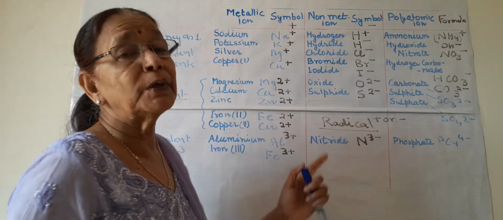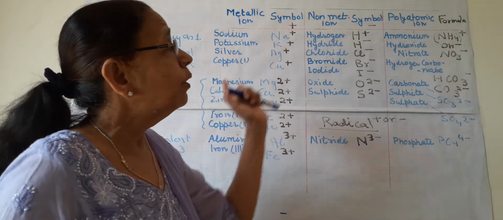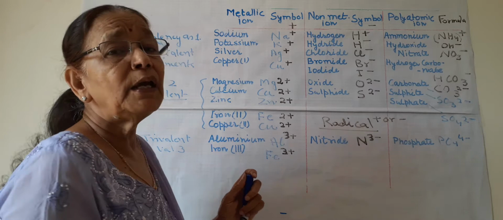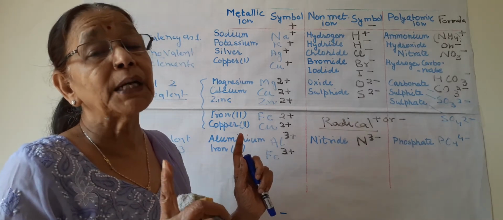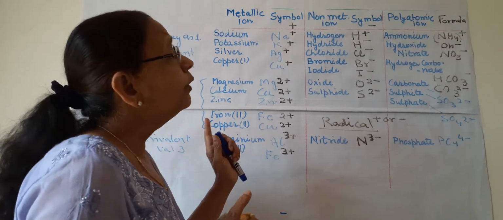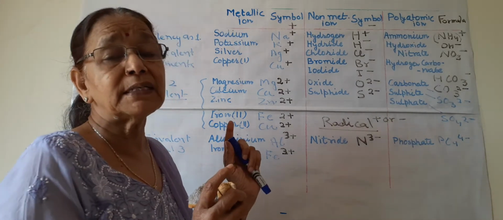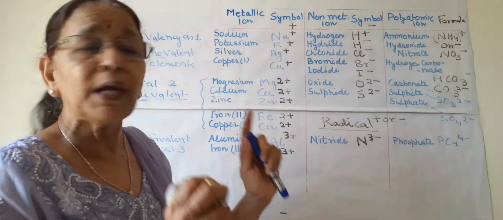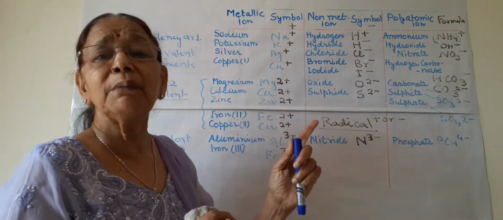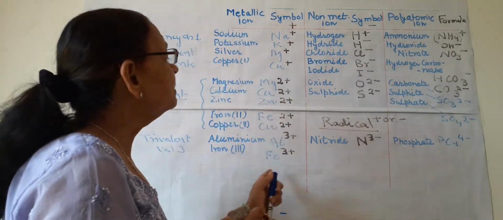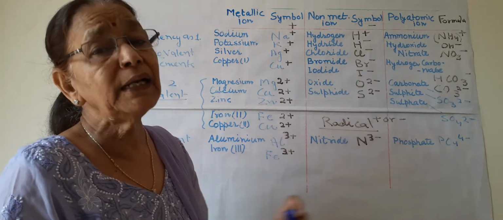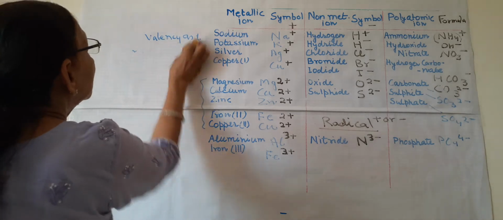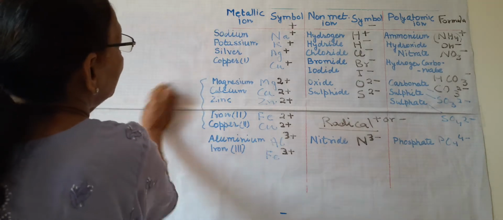You have to memorize, learn by heart all of them, all the valency. If you don't know the valency, you cannot write the chemical formula, and you cannot derive these valencies every time you have to write the formula. So the simplest way is to memorize them by heart as you memorize the symbols of different elements. So now we will start writing chemical formula.